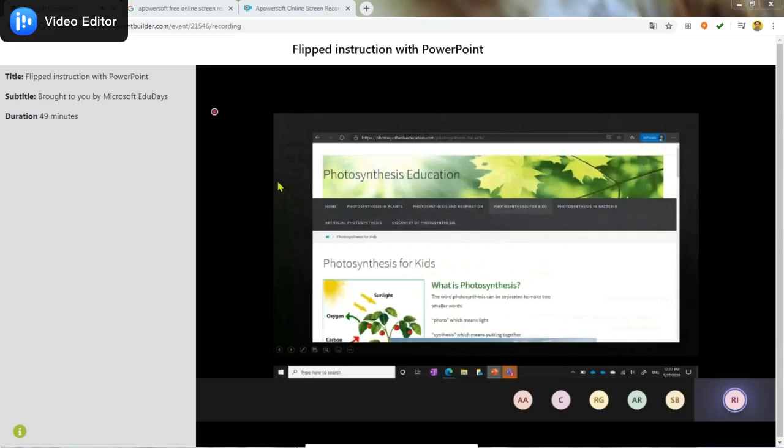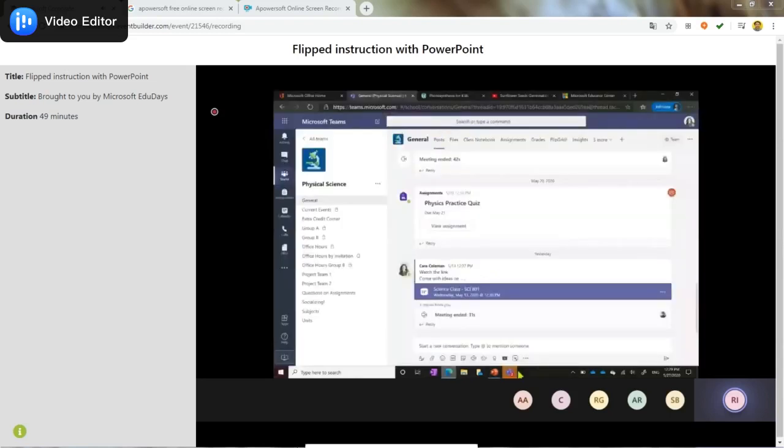So I'm coming back to my office.com dashboard. I'm clicking to my Teams. If you're someone who's using Teams to communicate with their class, this is something you might do. I'm going to come into my physical team here, and this is what I would like to take a screenshot of. So I'll come back into PowerPoint, go recording, click on screenshot, screen clipping, and now I'll select this area of my team. And now I have a screenshot of my team inside my PowerPoint.